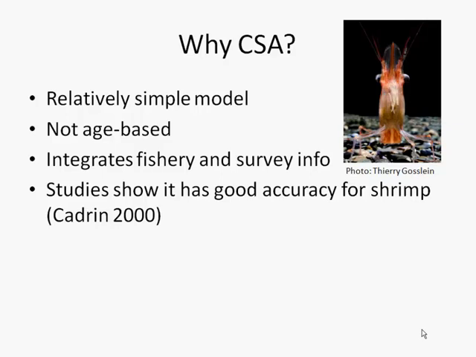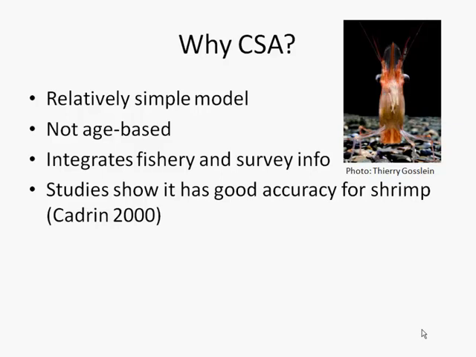So, in other words, how many shrimp are coming into the population, how many are coming into the fishery, and so forth. So it takes some accounting of the size structure, but it's not very detailed, and it's not age-based,